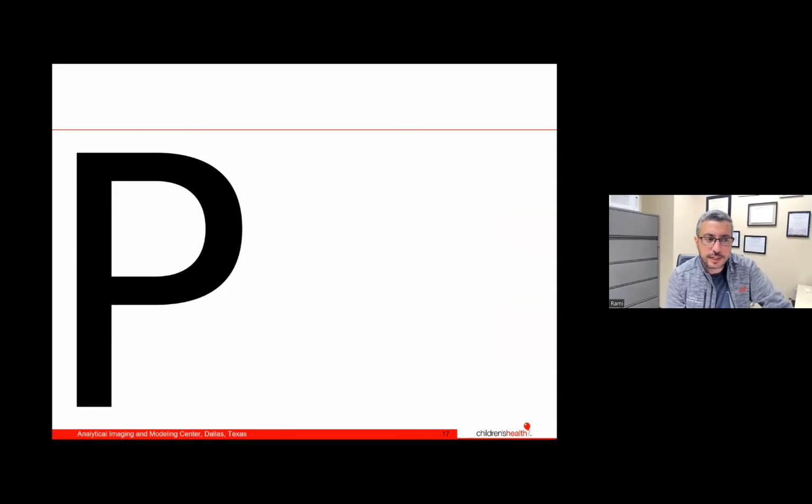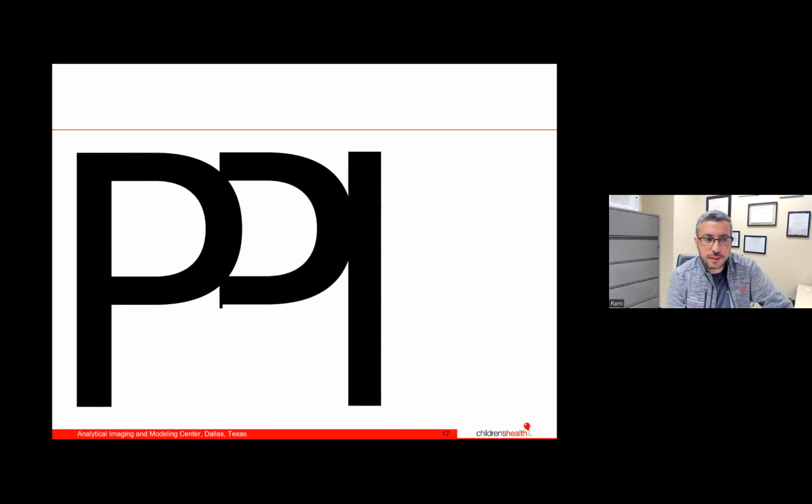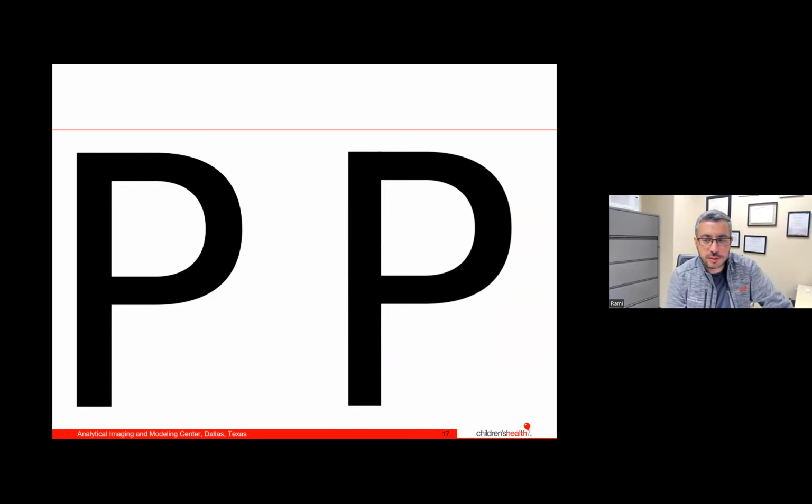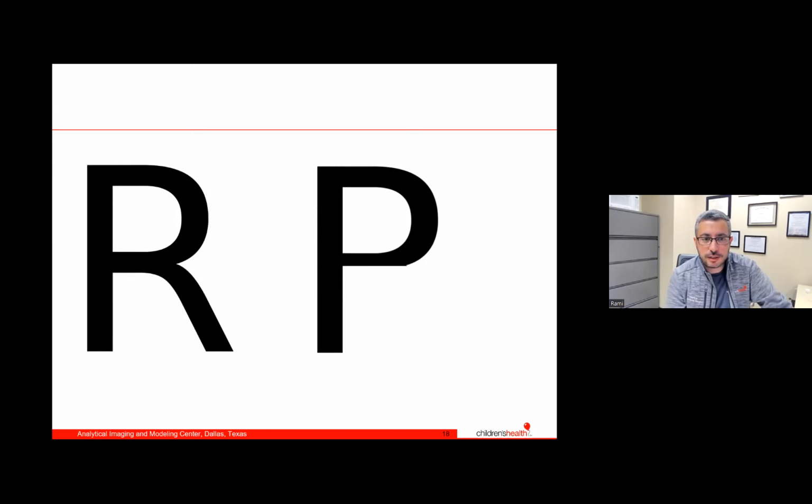But if we look at the letter P, then we can probably find 2 features. We can find a straight line, just like the letter I. But then if we add the semicircle, it becomes a P. And this is how our brain probably interprets this letter. And if we look at the letter R, it has 3 features. It has the letter I, but then it can be the letter P if you add the semicircle. But then if we add another feature to it, it becomes the letter R.